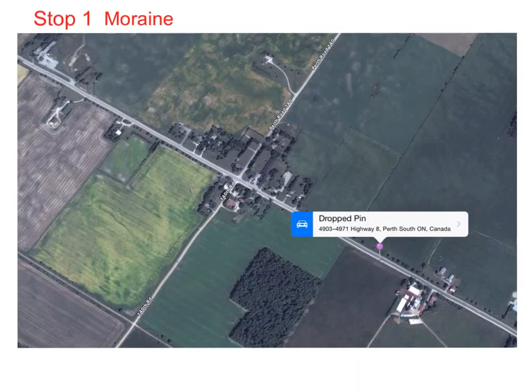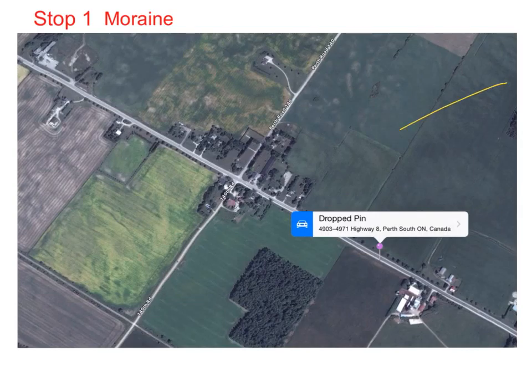The first stop in this trip is to take a look at a moraine. In this case, this moraine is located just west of Stratford along Highway 8. Now it's hard to see in this aerial photograph, however, if you're on the ground, and as you'll see in the next clip,